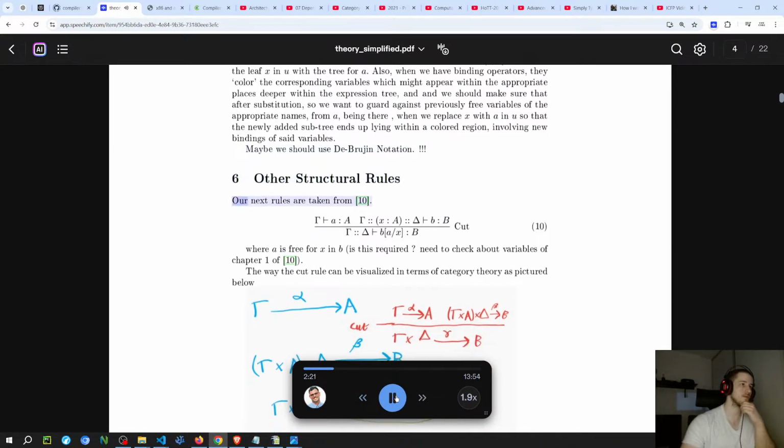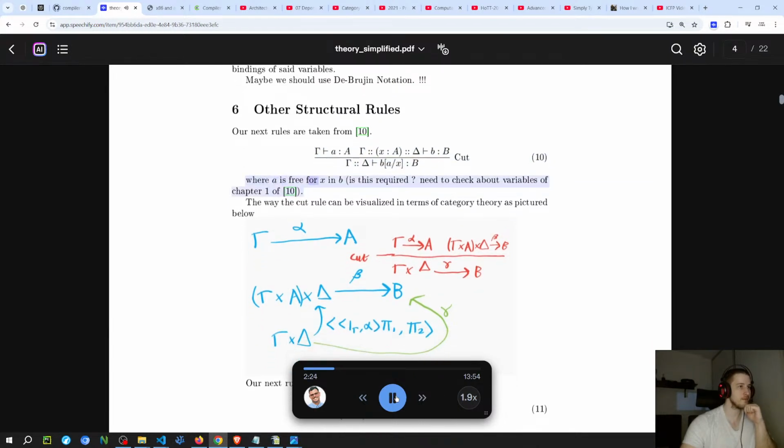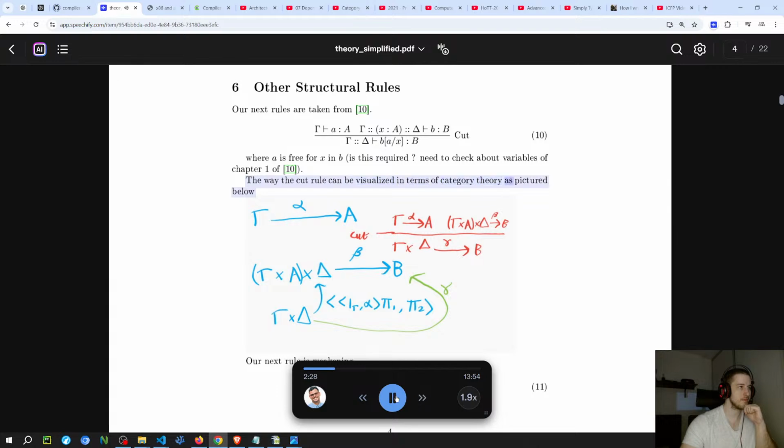6. Other structural rules. Our next rules are taken from [10]. Cut: Γ ⊢ A, Γ, X:A ⊢ B gives Γ ⊢ B[A/X], where A is free for X in B. Is this required? Need to check about variables of chapter 1. The way the cut rule can be visualized in terms of category theory is pictured below. Our next rule is